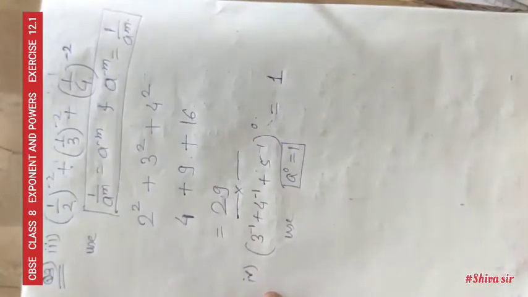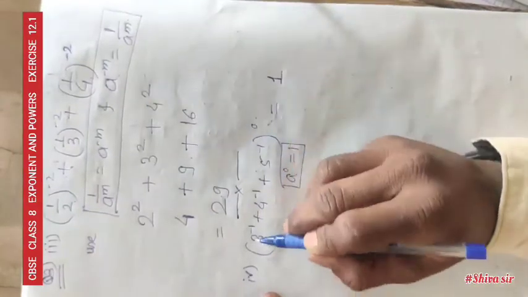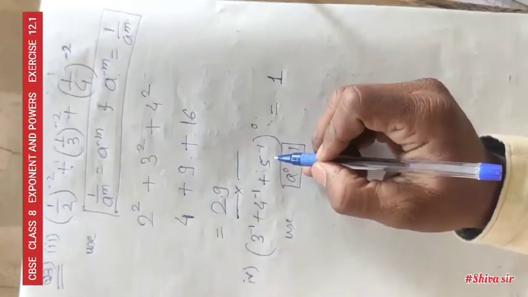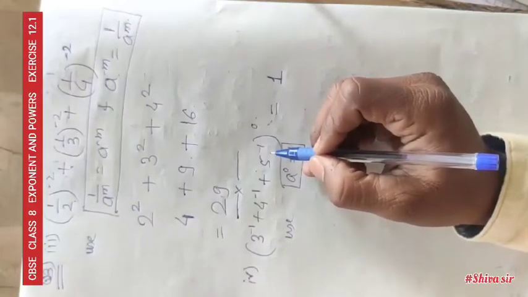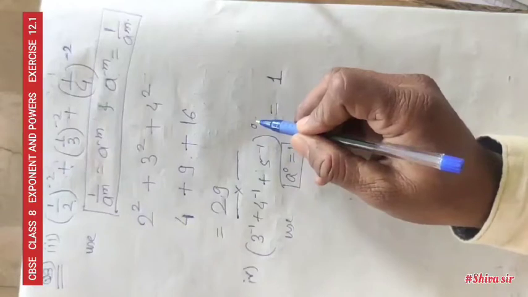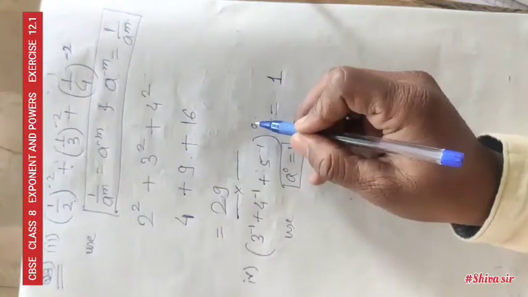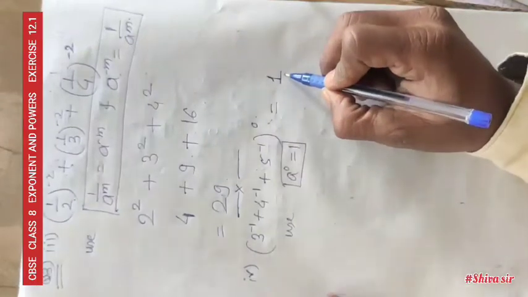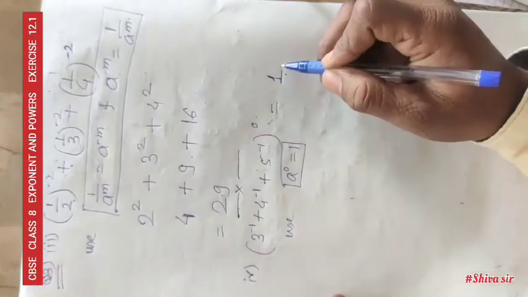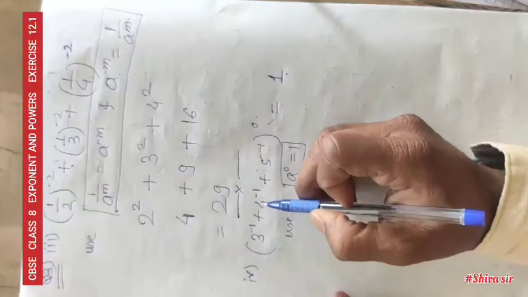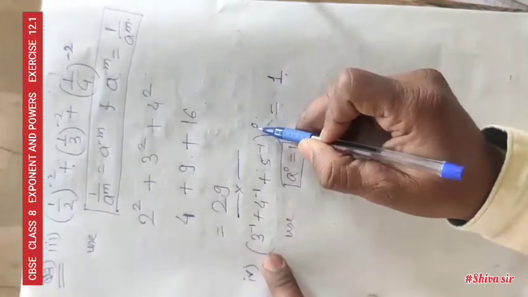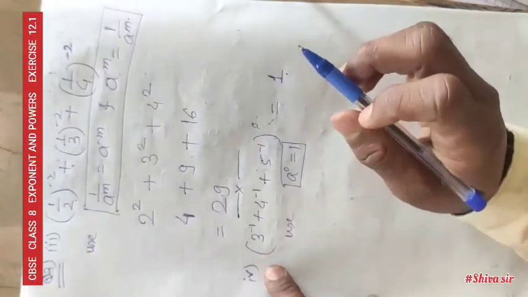Whenever you see any bracket, any constant, any symbol, any arbitrary constant whose power is equal to 0, then write down your answer is 1. So in this step you simply write is equal to 1, because whatever the expression present in this bracket, when the bracket is raised to the power 0, its final answer is always 1.